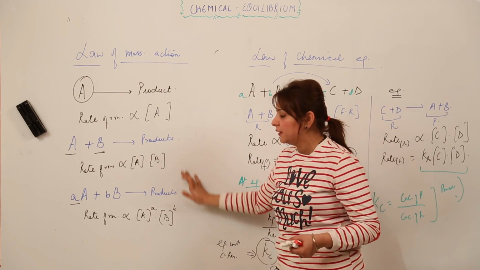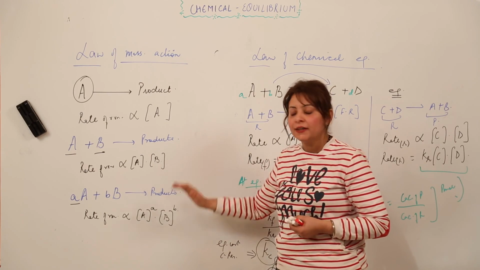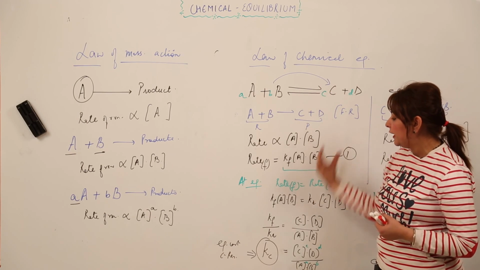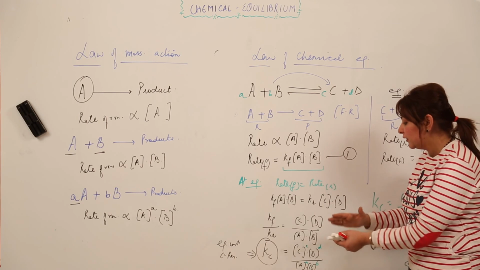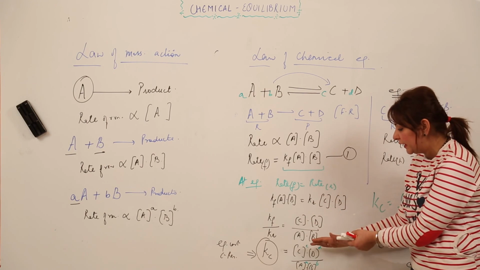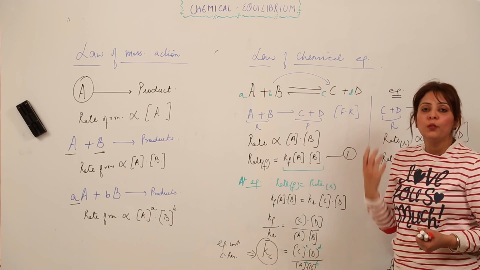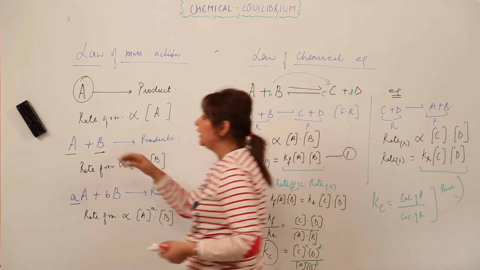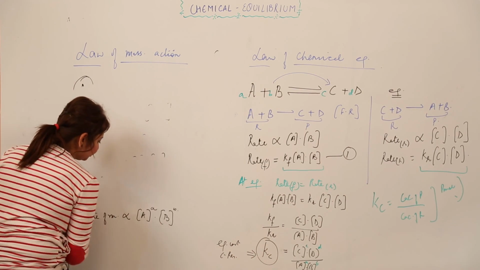You know how to write the rate. If somebody asks you what is the rate of the reaction, you know how to write it, right. And if somebody asks you to write the expression for K, you know how to write it. You just need to write the concentration of the product divided by the concentration of the reactant, and if some moles are present, just write them at the top. I am explaining how to write this expression with an example.